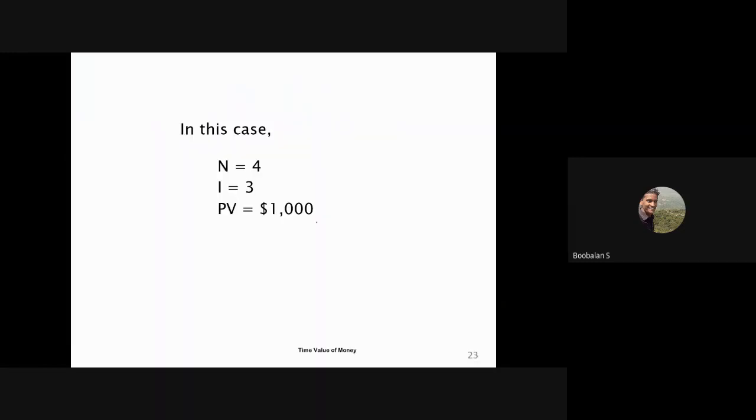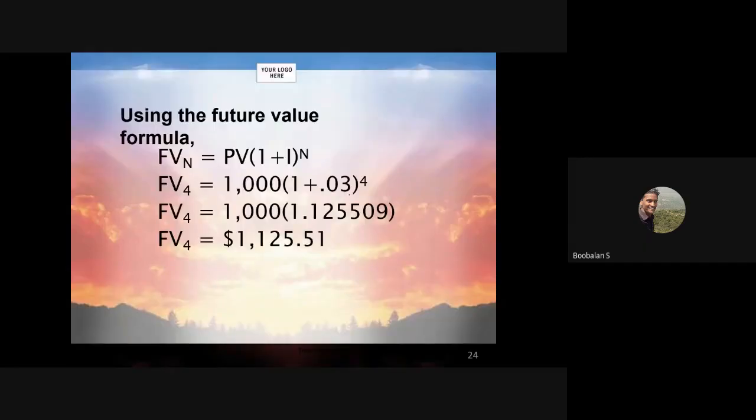Simple calculation: 4 years, 3%, and PV is $1,000. We already have the formula: PV times (1 plus I) to the power n. Just substitute your data: the principal amount, the percentage converted into decimal, and the number of years. Just calculate it. After 4 years we will have this much money, around